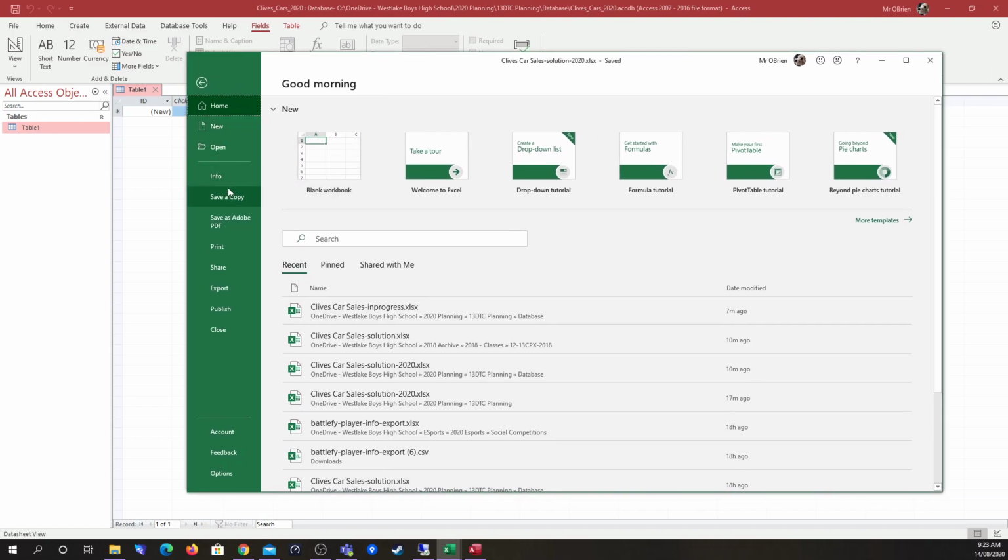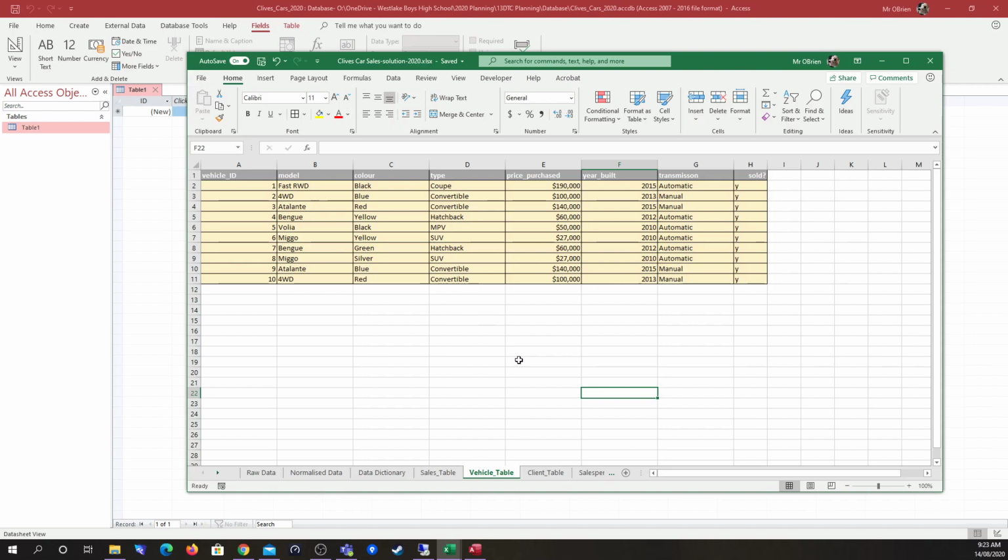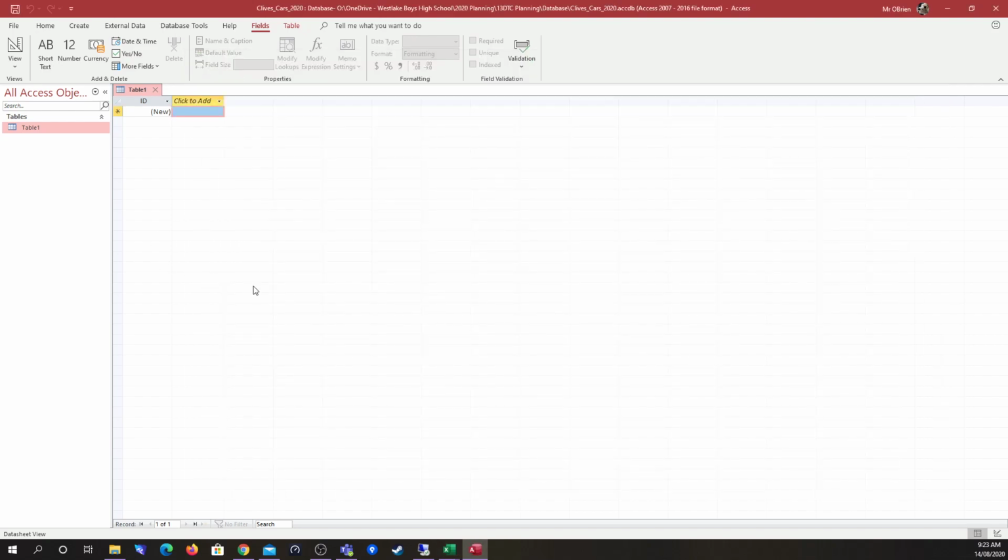And hopefully that's where this is as well. And there it is, Clive's Cars Solution. So I'm not going to do anything else, I just know where that is now. So the way we're going to go about this is we are going to